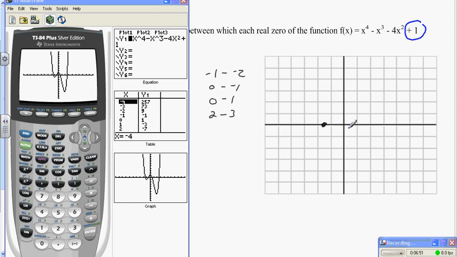So if we graph that, somewhere between negative 1 and 0, sorry about that. We have a y-intercept, we know that's 1. Let's put that on there. Between 0 and 1, and 2 and 3. Now if we look at the table,